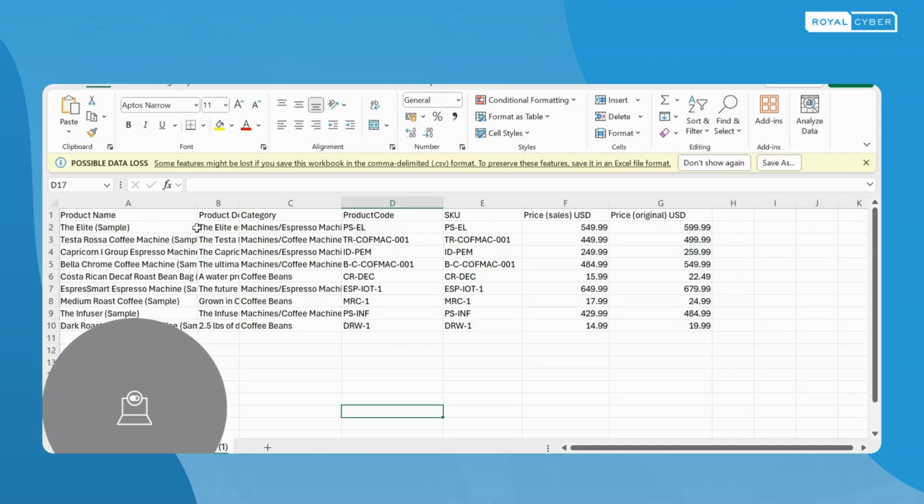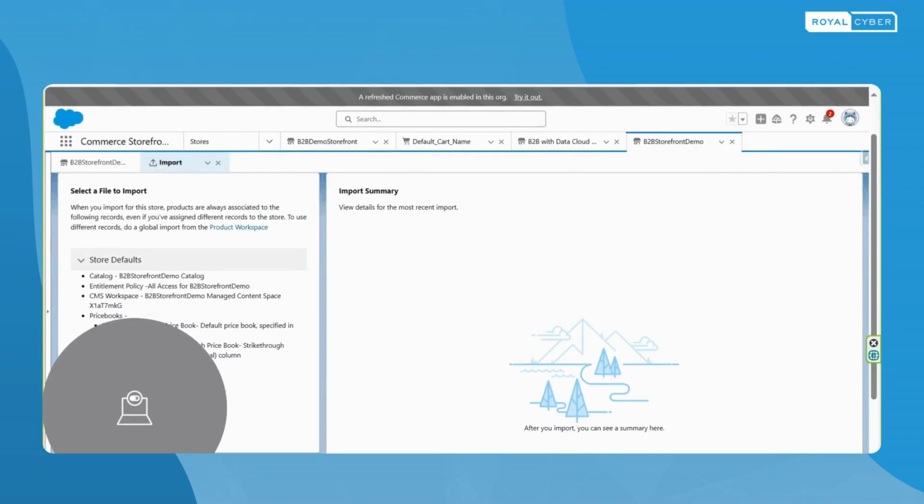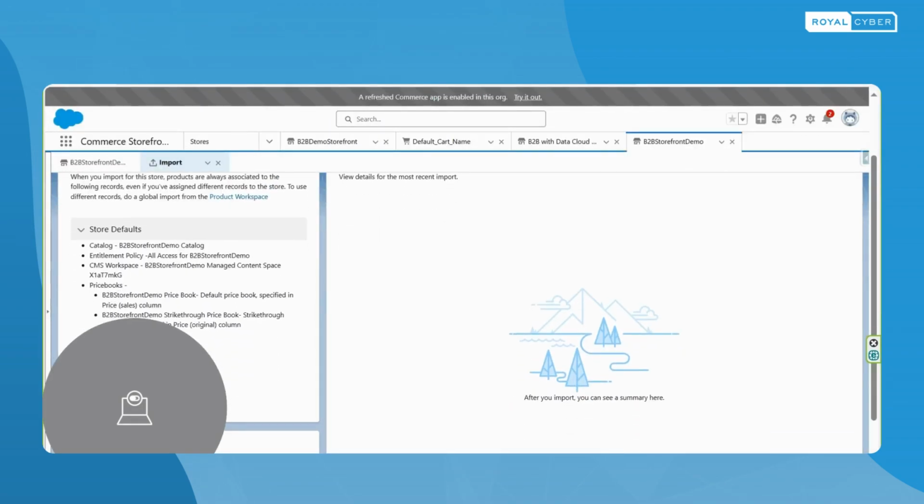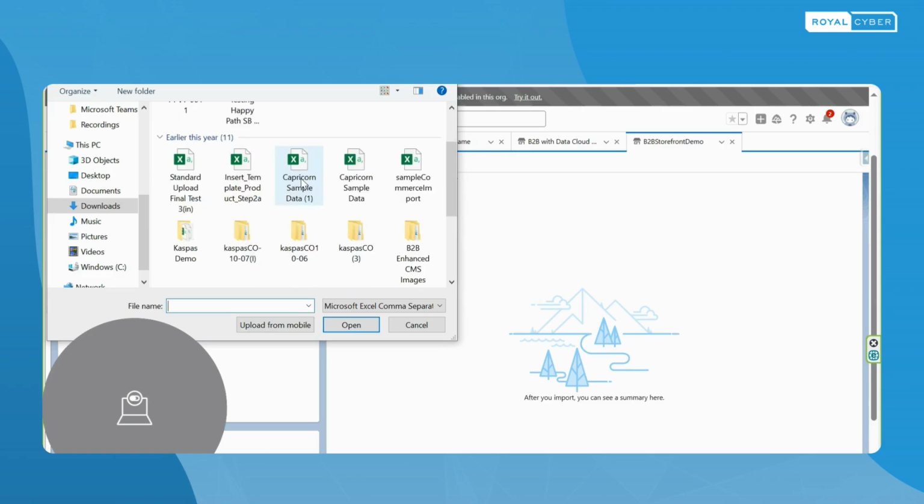There is some simple data that I have prepared: a product name, a description of the product, your categories, your product code like your SKUs, your price, and your sales price, original and sale, so that it will be displayed as a strike-through sale price. And here you can then upload the data into the system